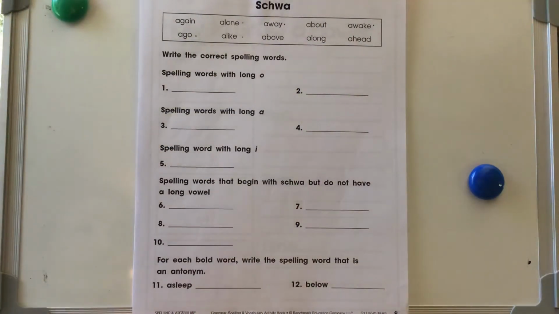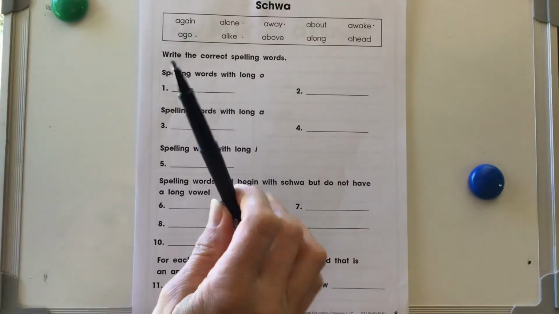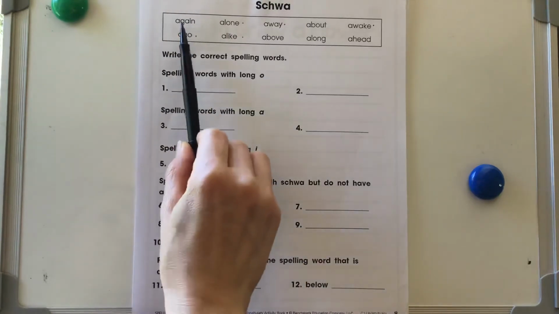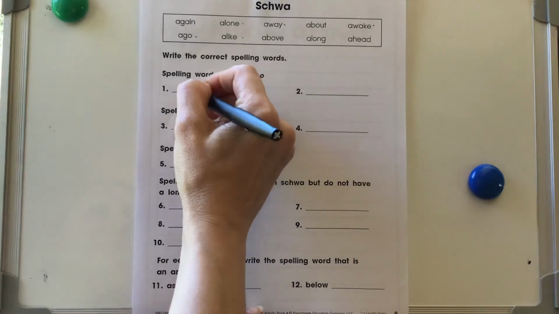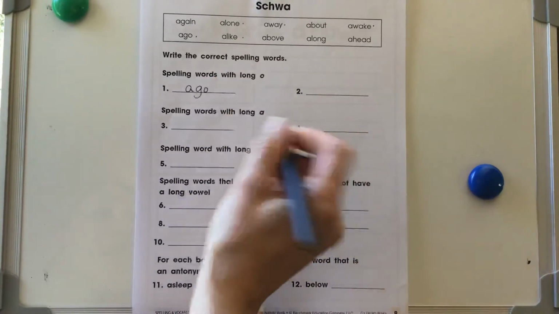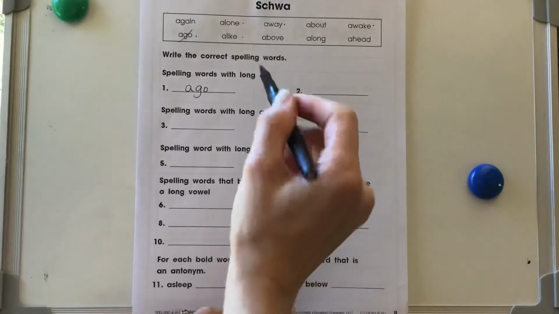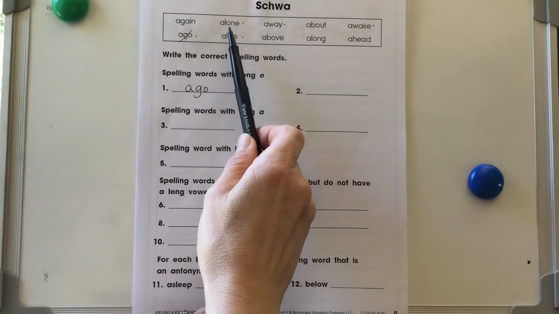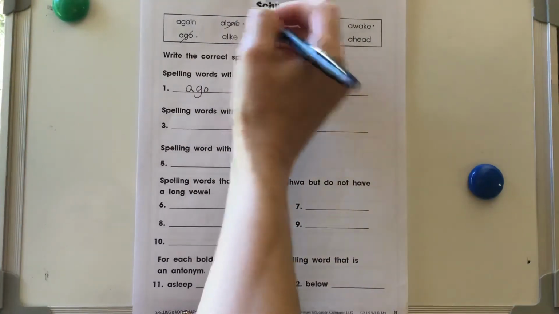And with our schwas. Okay, so here's all of our schwas. And our schwa, they make kind of a different vowel sound. Okay, so spelling words with a long O. We're looking for O that makes the long O sound. So like ago, O, O, O. Yep, ago is long. And so I've used ago. I like to cross them out when I've used them. And then another one with an O, alone, alone. Yep, O, O, O. I hear the long O